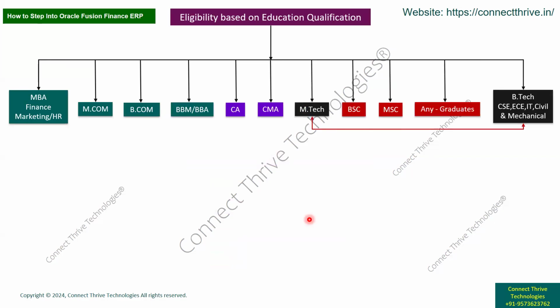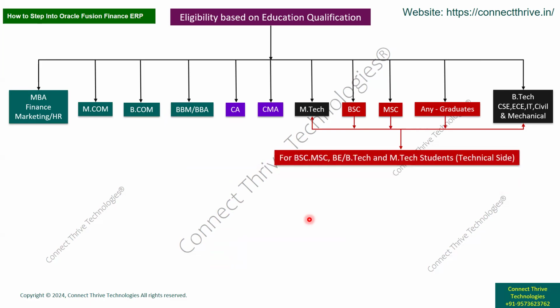now we will talk about technical students like MTech, BSc, MSc, any other graduates or BTech students. If you belong to the technical side, you do some back end admin work, like system admin and backend system support engineer. What they do is firewall configuration, server configuration, environment setups, virtual machine configuration like VPNs, monitoring and logging the servers, then user authentication, bug tracking, automation and scripting work. These kinds of activities they do as a backend.